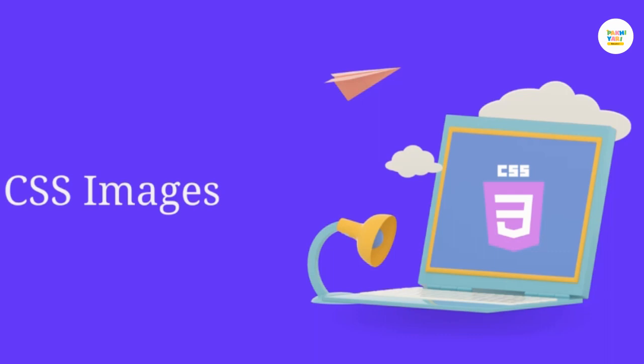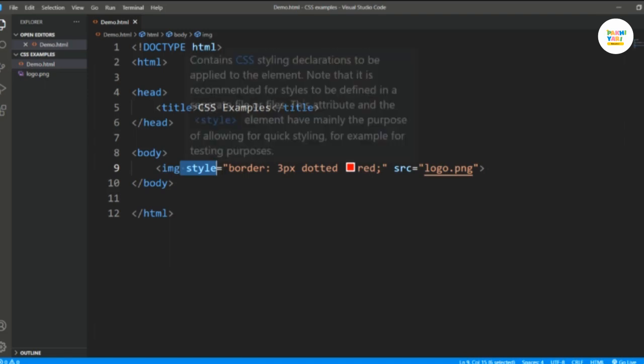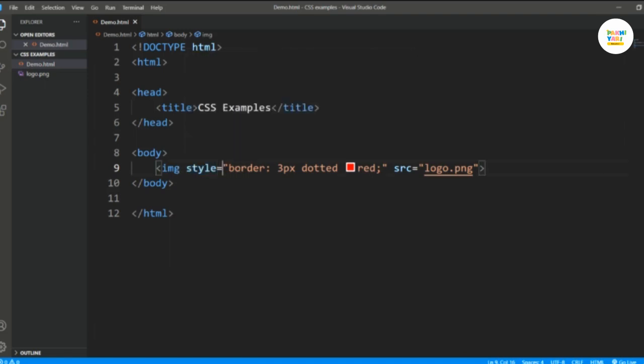So let's see a practical implementation where we will pass some different styles to the images. So let's start the practical implementation. Alright, so now for putting the image, we know we will work with the img tag, and here we have the attribute called src where I will pass the URL of the image. Now to give some styles to this, I will use the style attribute as always, and then I will pass a couple of